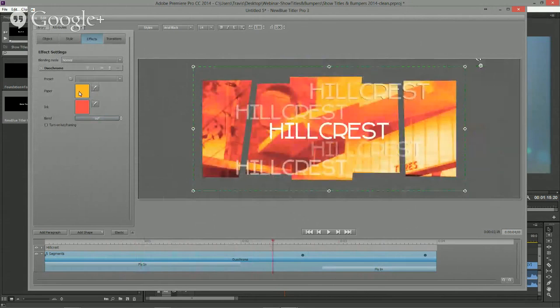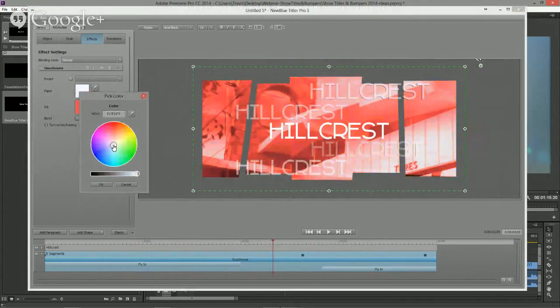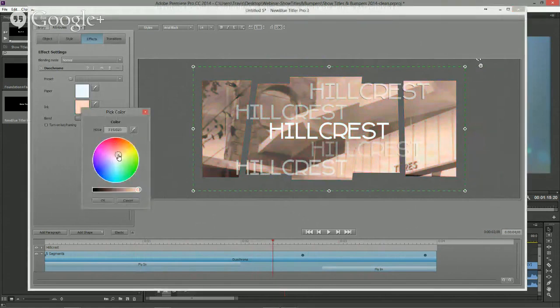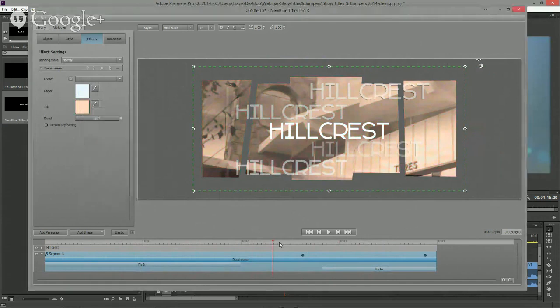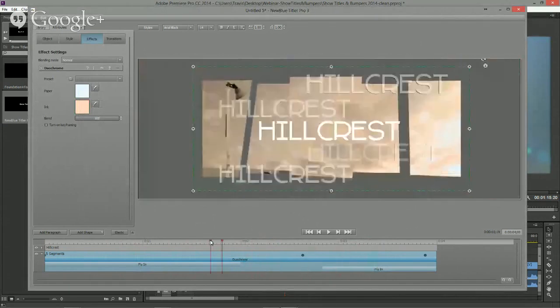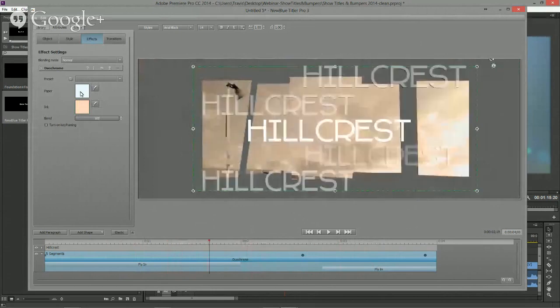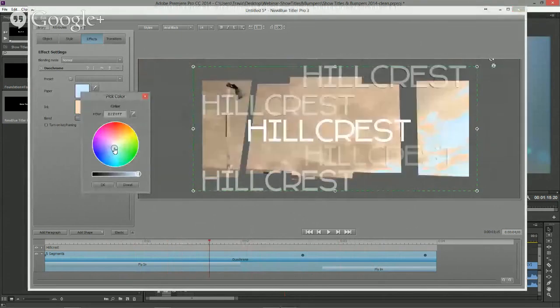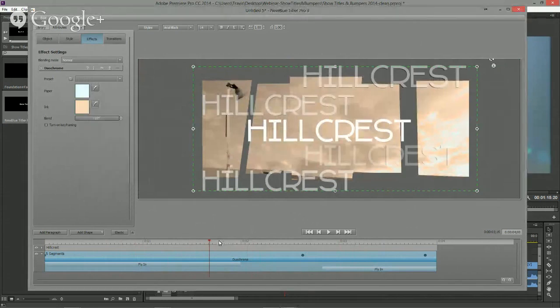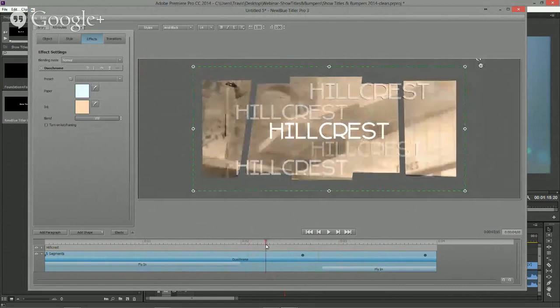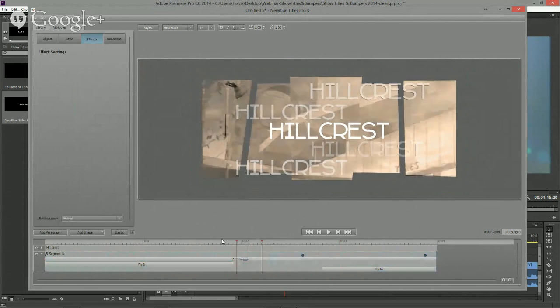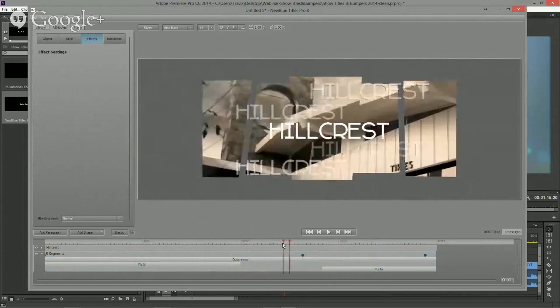Let's bring the colors in really gently, maybe a pale blue and a softer orange, something like that. Let's see how this looks as I scrub away, especially with the sky here. Maybe we'll do a little bit more blue in the sky. Something like that. That's good enough. Maybe back off the color just a skosh. There we go. So now we have Hillcrest being seen much more easily, and we'll go ahead and close this